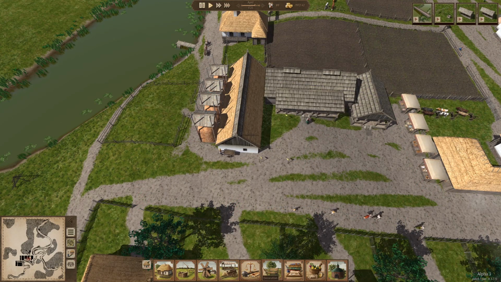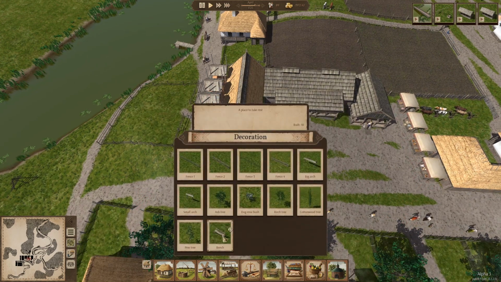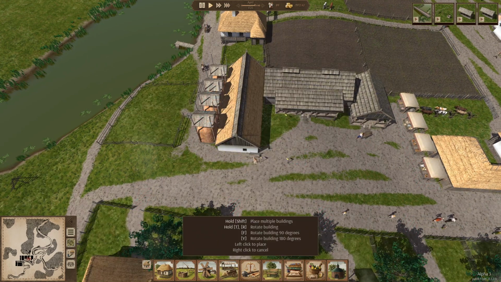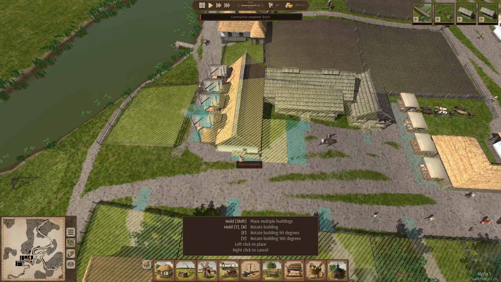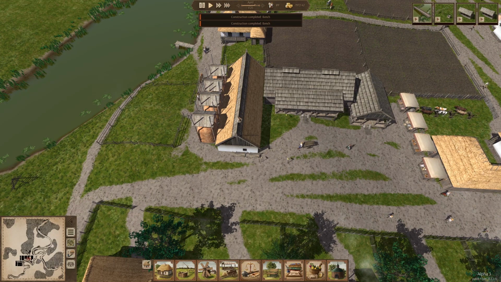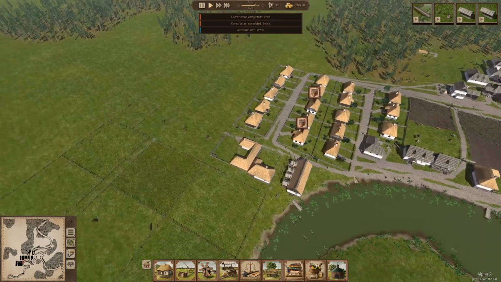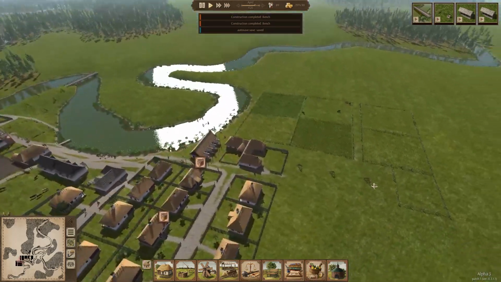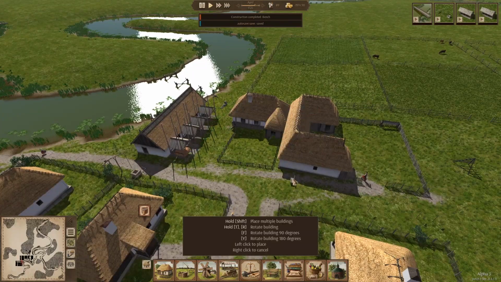Alright, that's close enough. We'll just put a bench. Nope, that's not a bench. Come on. We'll just put a bench behind this so it's not as hideously ugly. Put another one right next to it. That's one thing we haven't really been doing in this map like we did in the other one, is placing benches everywhere. So I'm going to go ahead right here in front of the farm, place a bench